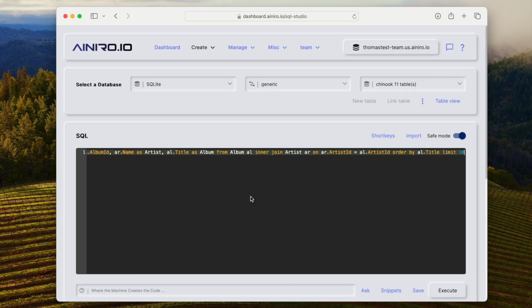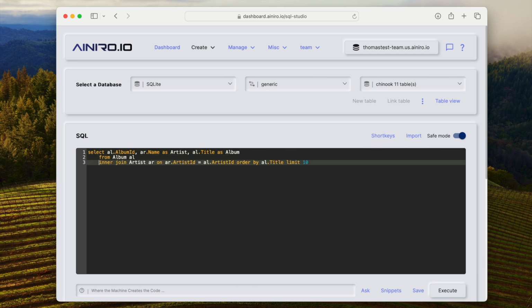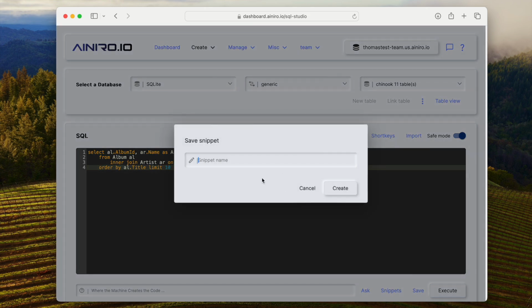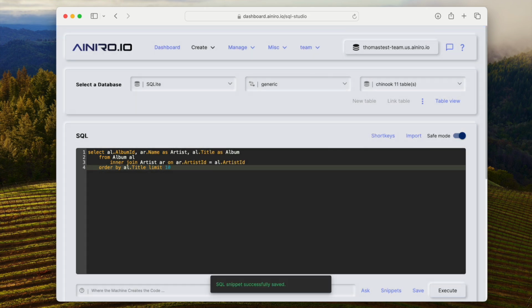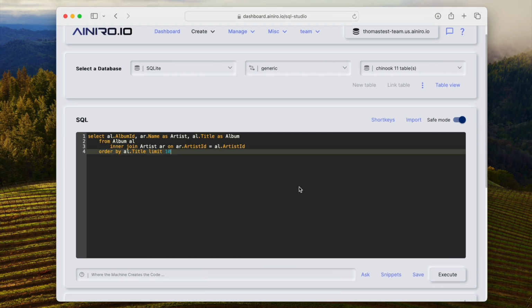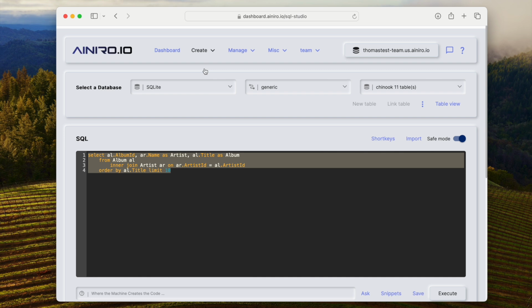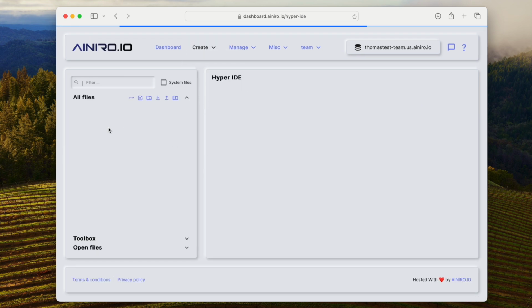So now I have an SQL that does what I want it to do, and let's make it slightly better formatted. Like this, and now I can save this as a snippet for later use cases. But we wanted to create an endpoint, right? So I'm going to copy this code. Then I'm going to go into create, and then I'm going to go into Hyperlambda modules and create a new folder,